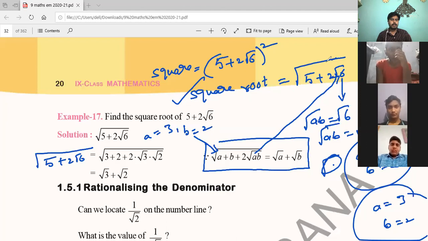5 plus 2 root 6 is equal to root 3 plus 2 plus 2 root 3 plus root 2. That becomes